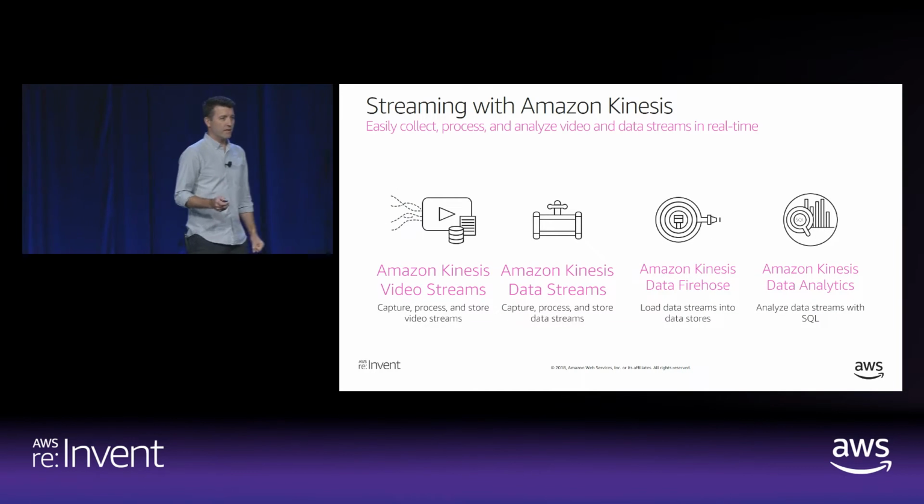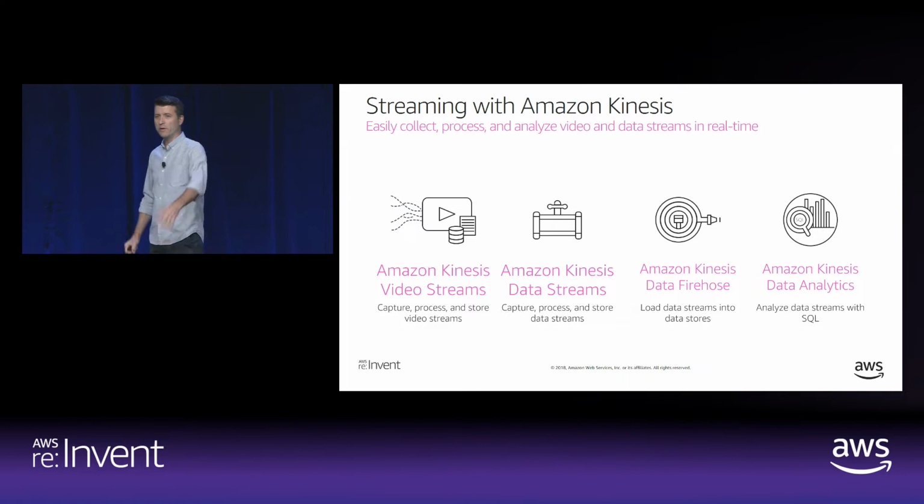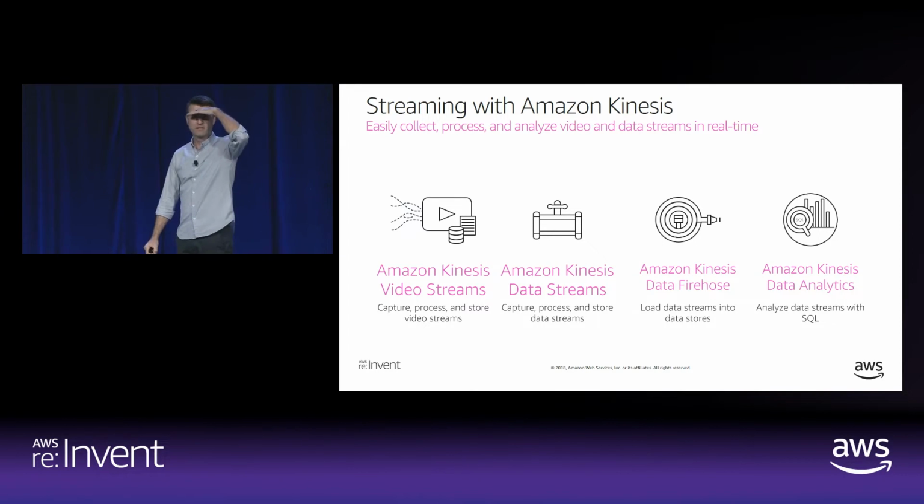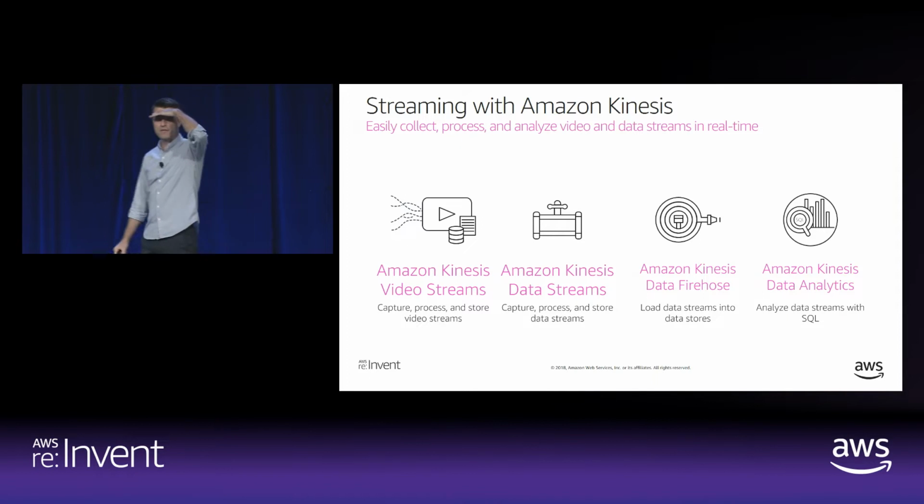So how do we do this at Amazon? We have 4 different services for streaming data. This is probably old news to you. Maybe a quick show of hands. Who is already using a Kinesis service in production today? So it's about maybe a third of the room, but that's a third to a half of the room. So very good.